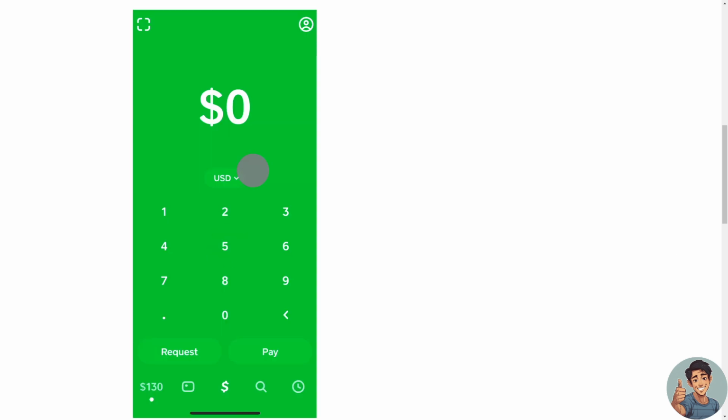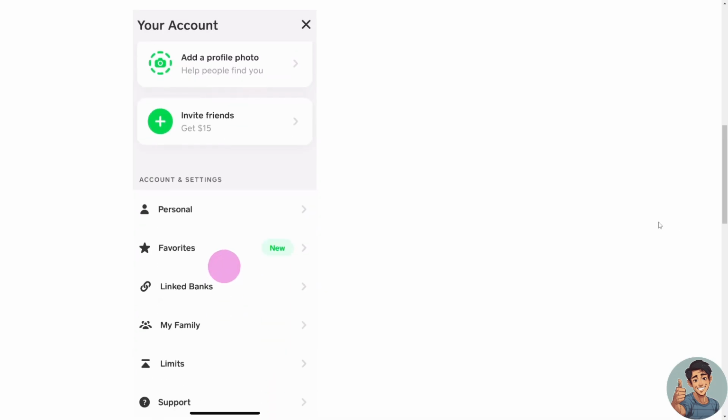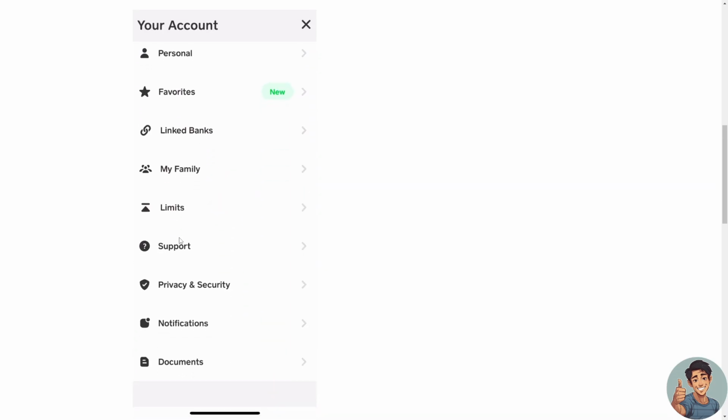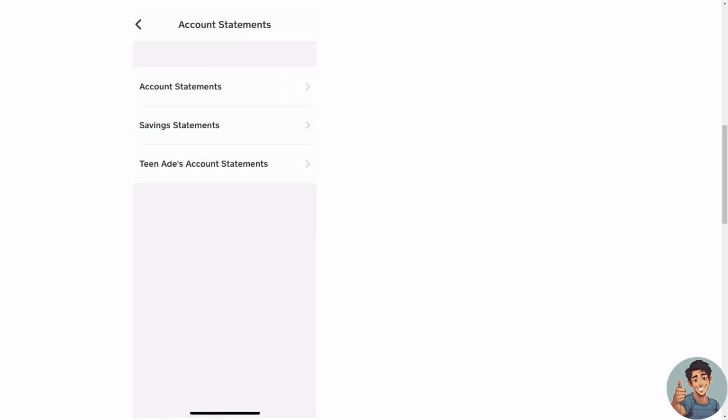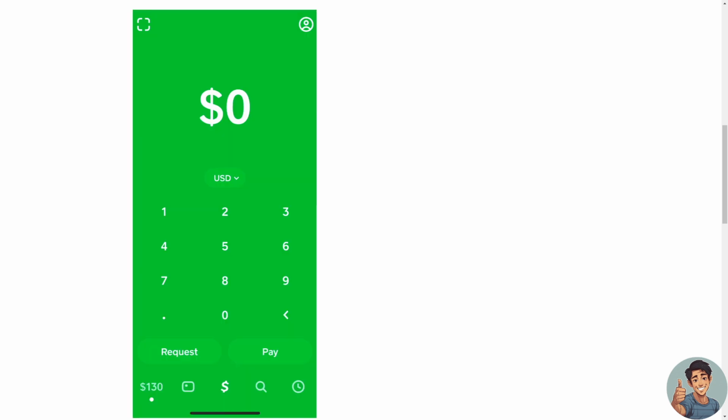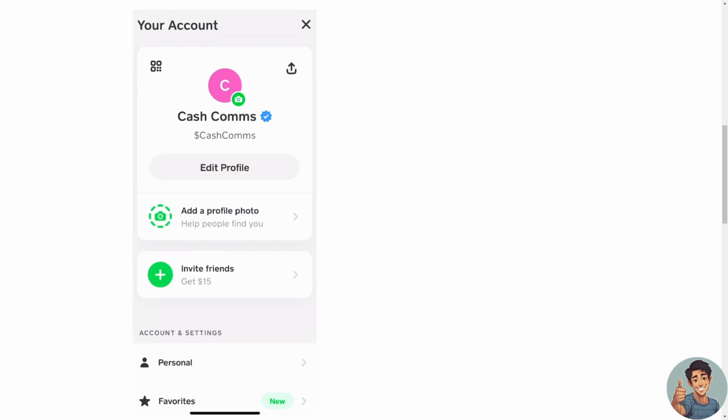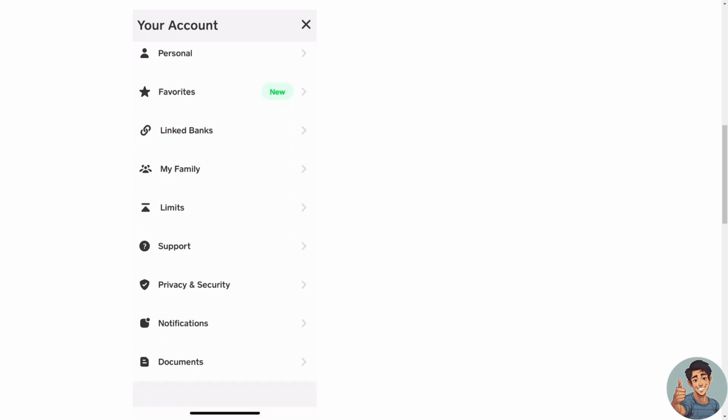All right? That's it for the app, but you can also access your account statements online. Log into your Cash App account at cash.app/account. On the left, click Documents, then Account Statements. Click the drop-down arrow next to the year and click View next to the month in question to open the